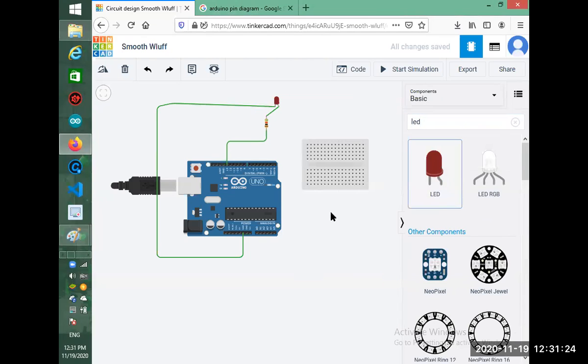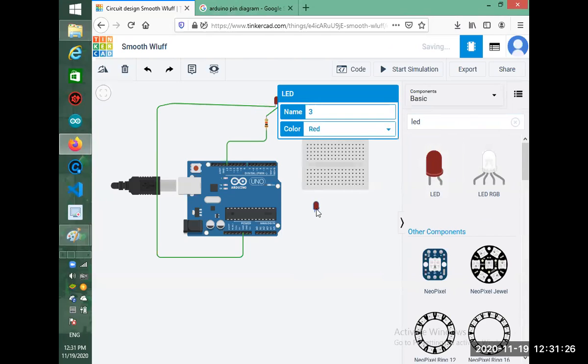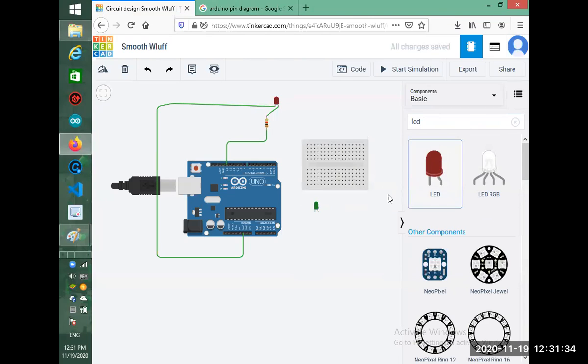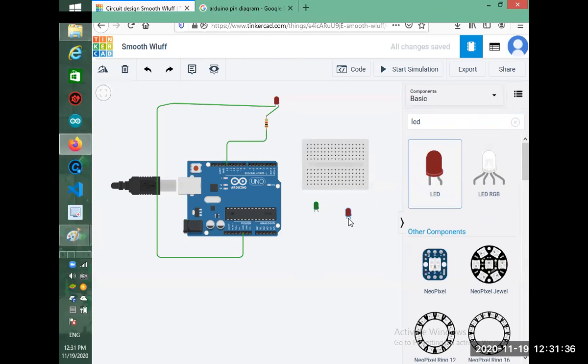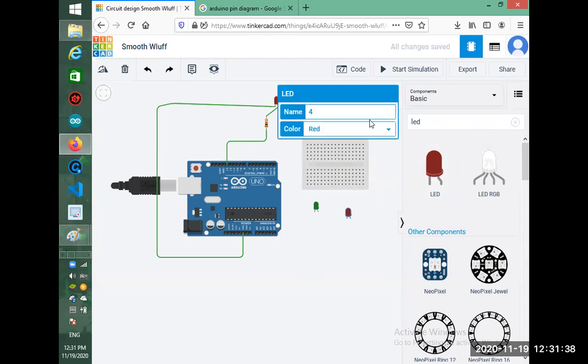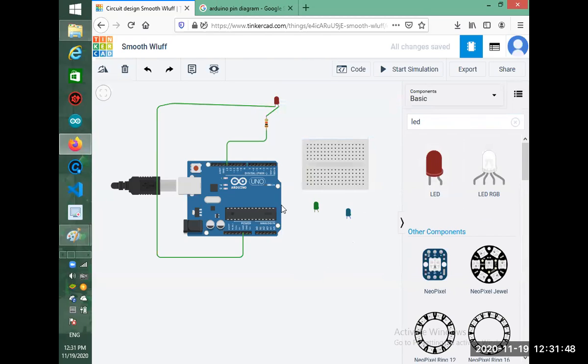So okay, now change this color. Okay, so we have that green LED, and then we have another LED. Now we have taken green and now we take the blue LED. So we have red, green and blue. We will see that there are 3 LEDs and each has its own ground terminal.